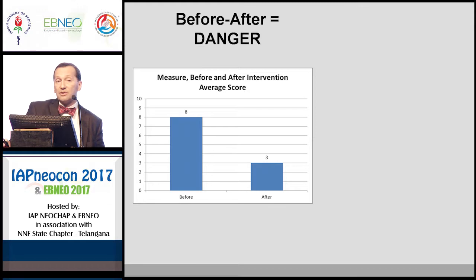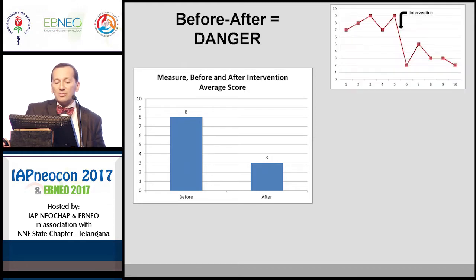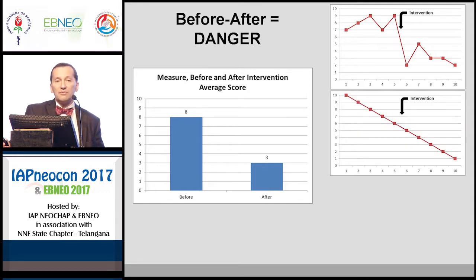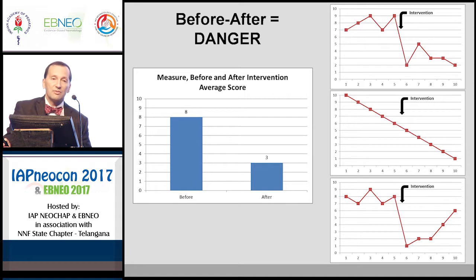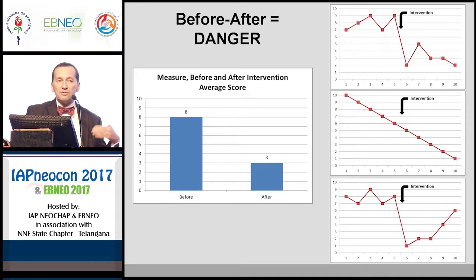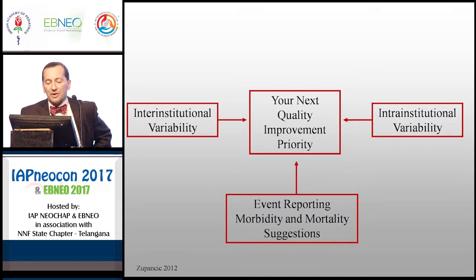Now, if we convert these to run charts, that could either be driven by a chart that actually looks like this, where there has actually been a shift, where something has happened that is a special cause variation, or it can be from a situation where there's been a long-term decrease over time, or it can be from something like this, where there was a brief derangement and now things are returning to normal. We would launch different sorts of QI interventions with each of these, and we may be misled and go on a wild goose chase. So it's important to plot over time in that way.